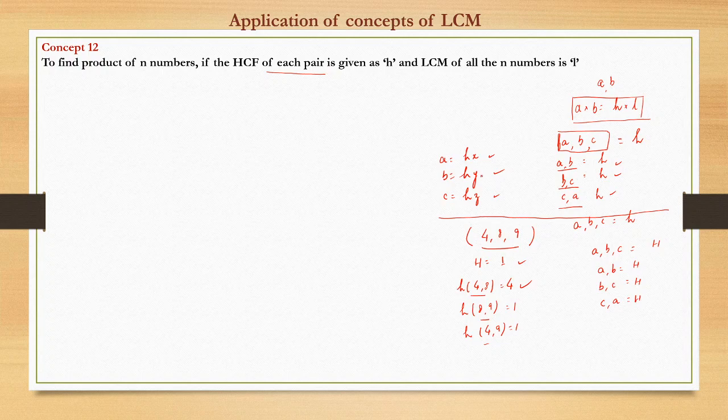Now see here, X and Y are co-prime to each other, Y and Z are co-prime to each other, and X and Z are co-prime to each other. So we can say the triplet X, Y, Z is co-prime. We have studied when a triplet can be co-prime: only when the pair-wise numbers are co-prime, that is xy, yz, and zx are co-prime. We can see that from these three conditions. So now x, y, z are co-prime, and H is the common factor of all the numbers.